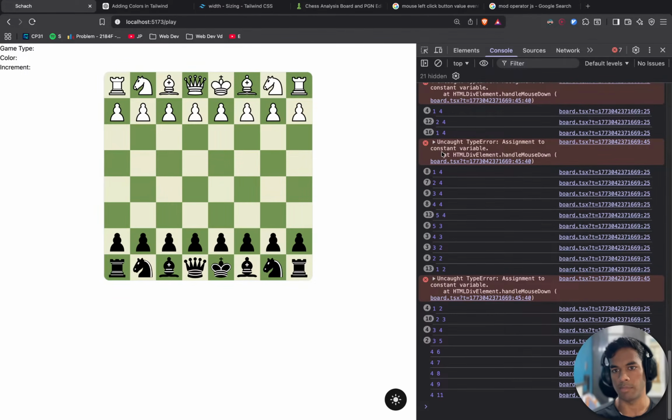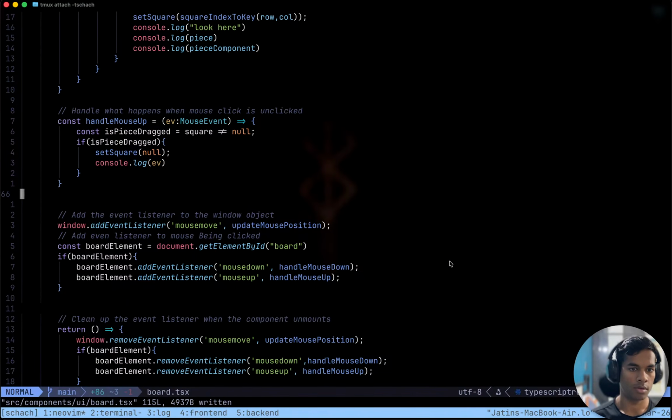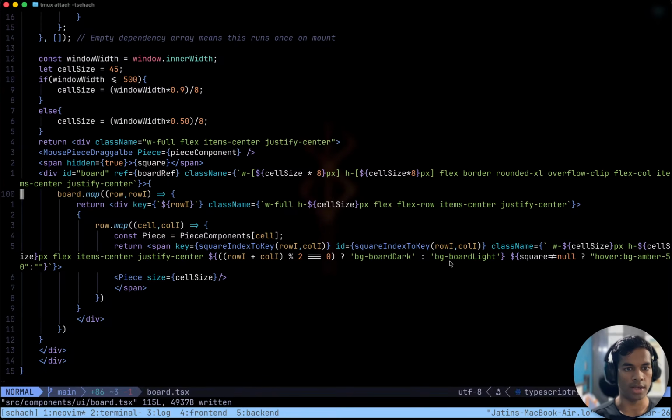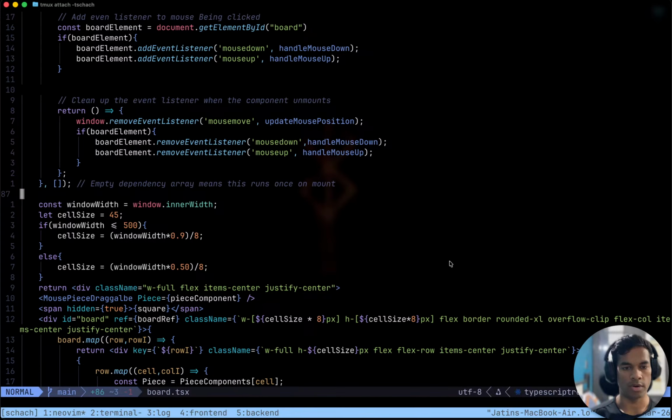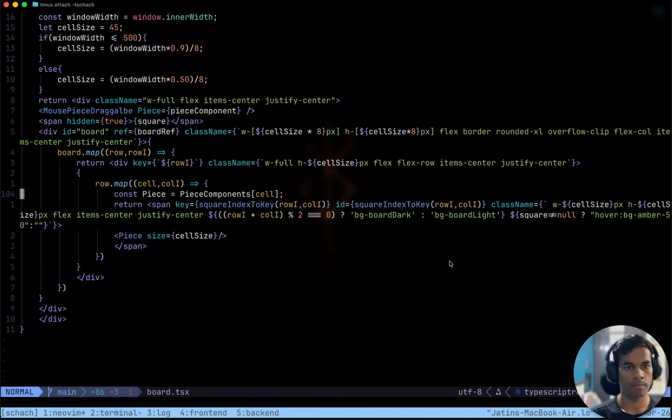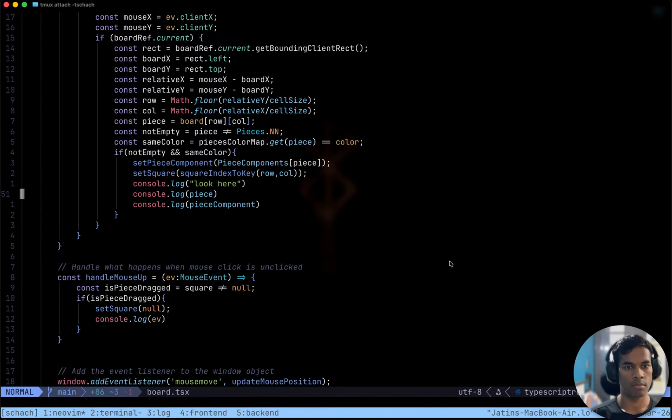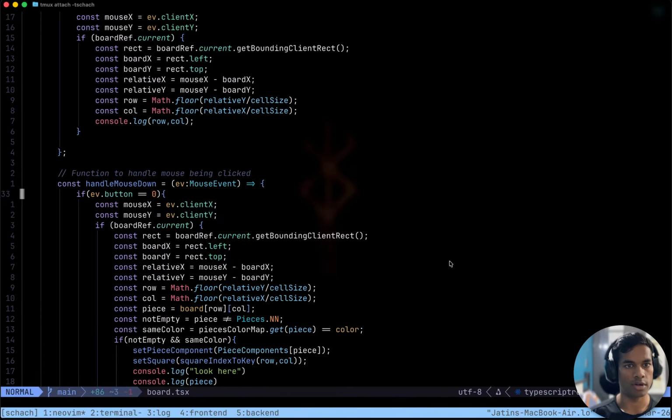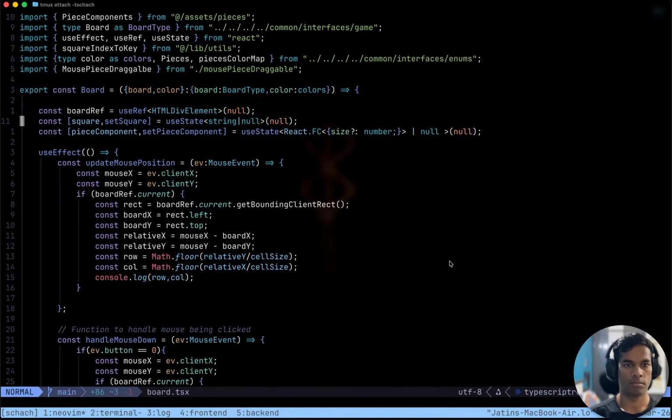Uncaught type error: assignment to constant. Who is assigning to constant variable? Piece equals piece component. Nope, that is not the case. Assignment to constant variable. Piece component, set piece component.